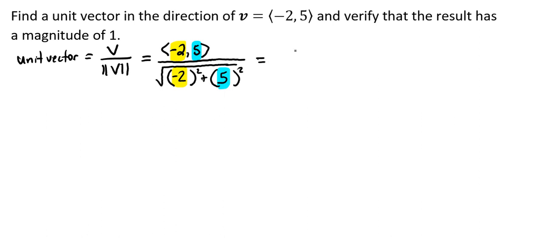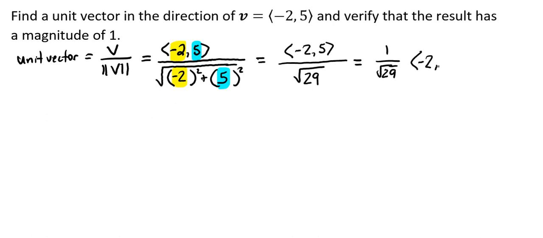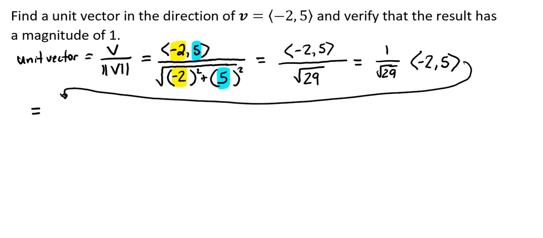So we're dividing that there. And so if we look at this, we're going to have -2, 5 being divided by the square root of 29. So what we're really doing here is taking this 1 over the square root of 29 and multiplying it with our vector -2, 5, which is really going to give us, kind of out of room, so let's move it over here, -2 over the square root of 29, 5 over the square root of 29, and then we're going to need to